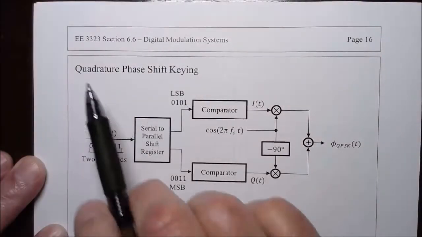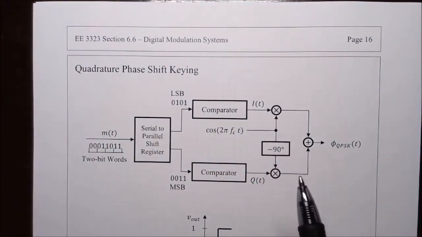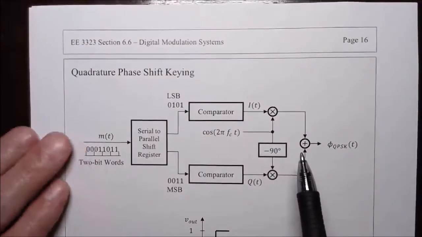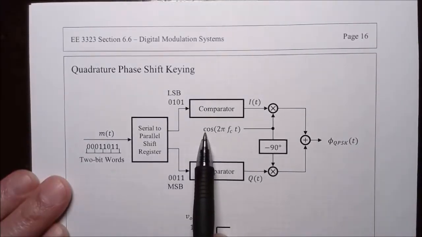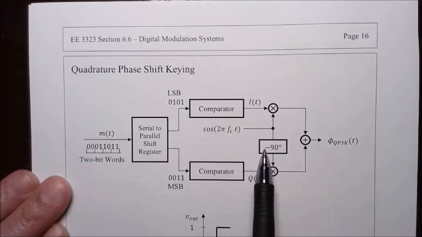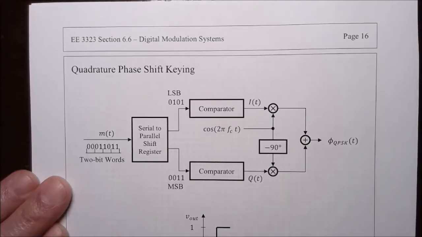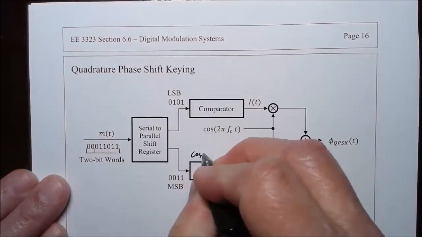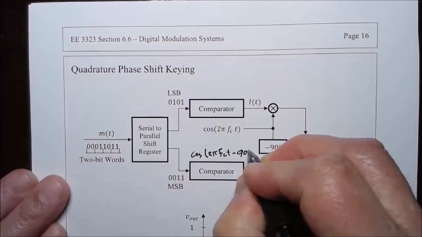This is a system called quadrature phase shift keying. It's similar to the phase shift keyed modulation we just looked at, but it takes it one step further in that we have a carrier signal with a phase angle of 0. This is a straight up carrier signal. And then we have a 90-degree phase shift applied to that carrier, so it produces a quadrature carrier. This is going to be cosine 2 pi FCT minus 90 degrees